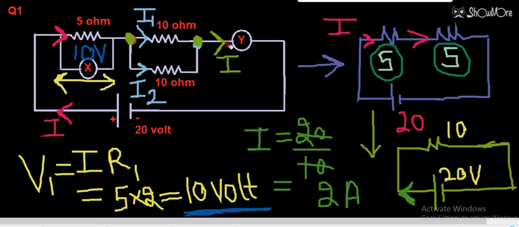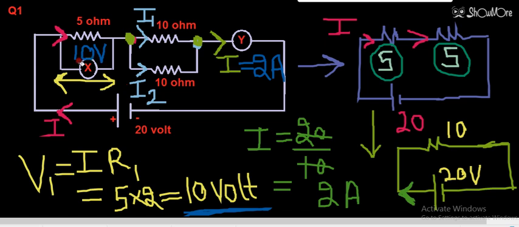Then we have to see this current will be combined again. So this current is again 2 ampere. The current which is coming through device Y is 2 ampere. And Y is which device? Y is an ammeter. So students, the two things that we have to find: firstly, we have to find the reading of device X.